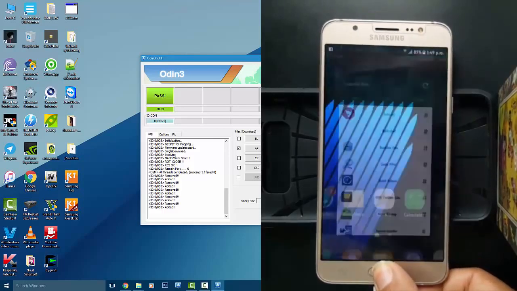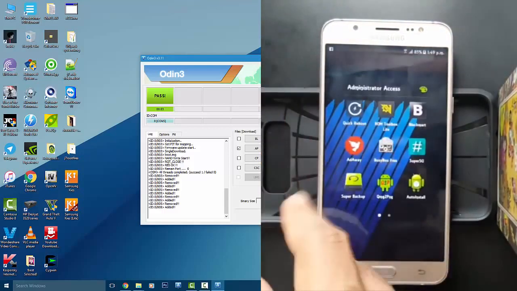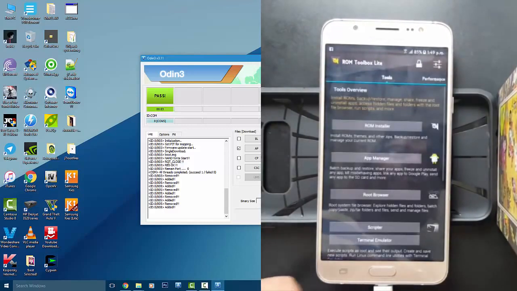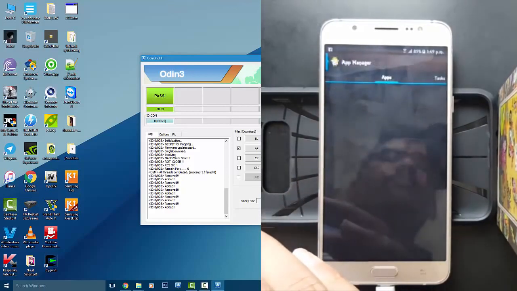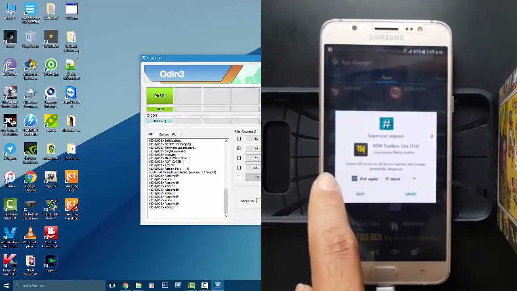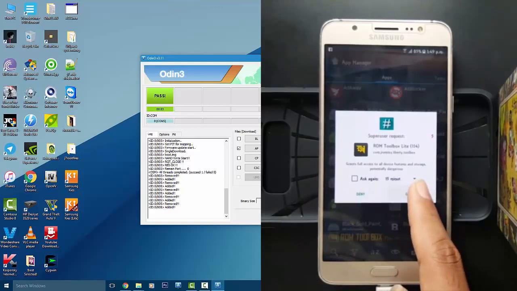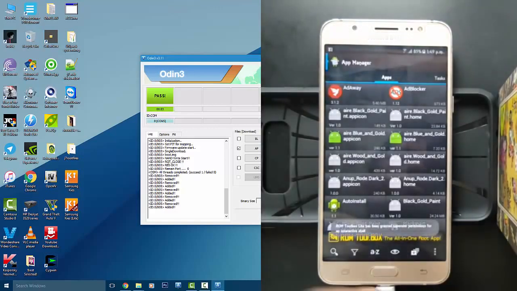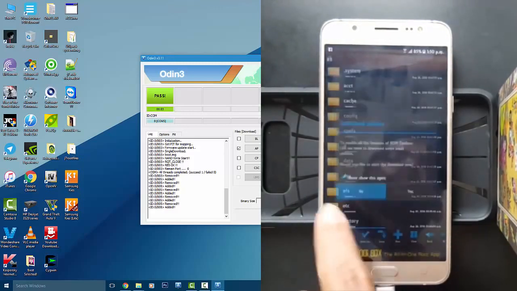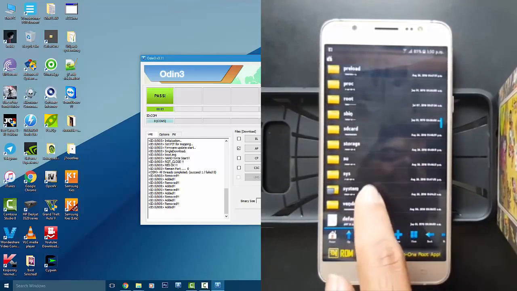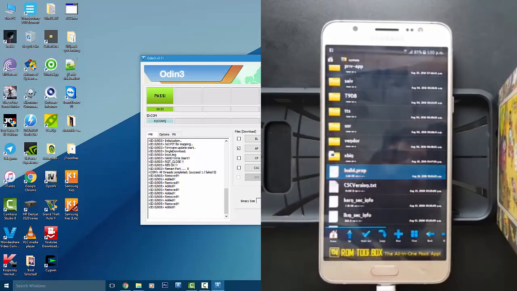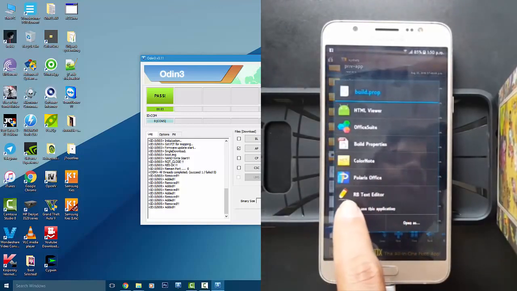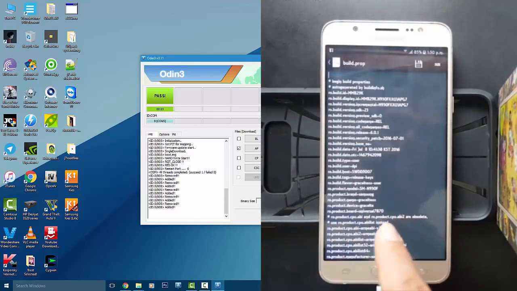After installing the ROM Toolbox Lite, you go to the ROM Toolbox Lite and you go to the App Manager, just in case it asks for root. So you get this prompt, so make sure that you press Grant. So it's granted. You get the granted message. After getting the grant message, go back, scroll down, go to System, scroll down, and you get the build.prop. Open it with RB Text Editor. So open it, and now